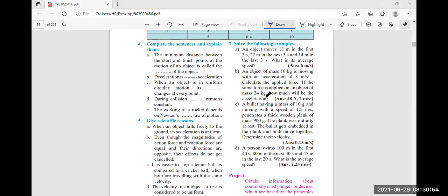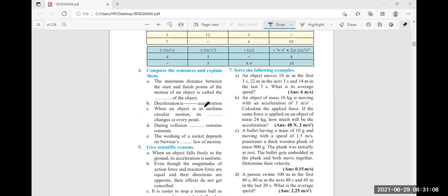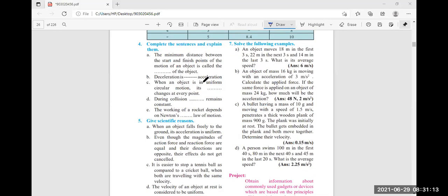Now, second, last one, your question, I think. Fourth one is here. So during collision, dash remains constant. Here, see one thing I want to tell. Explain it. We have to not just write their words, we have to explain also. Okay, Ram Devkar, what is the answer? During collision, dash remains constant.